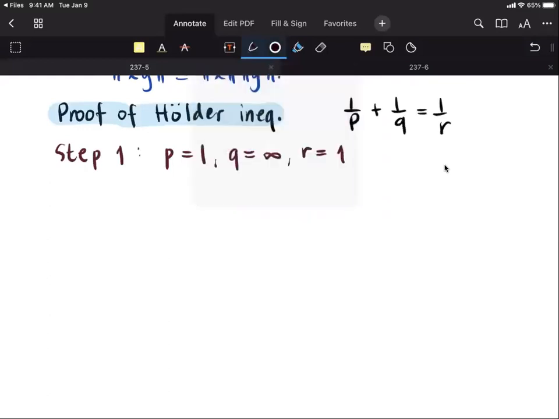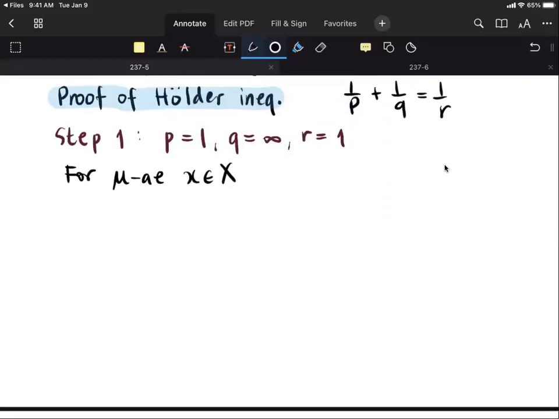If this is the case, then for mu almost every x in the domain, if I take, let's say, the product of the norms of f of x and g of x, take note that this is the norm in Y. This is less than or equal to,